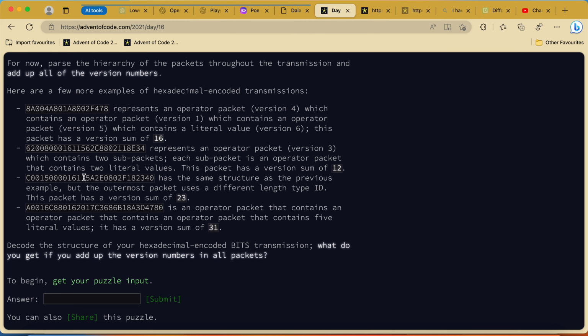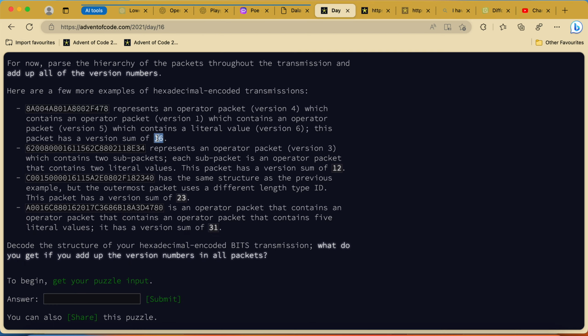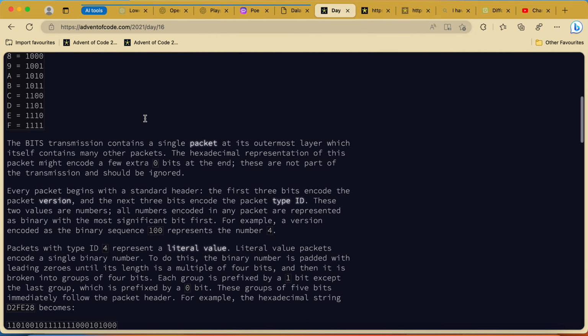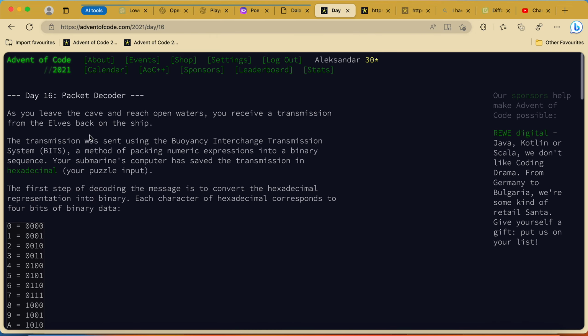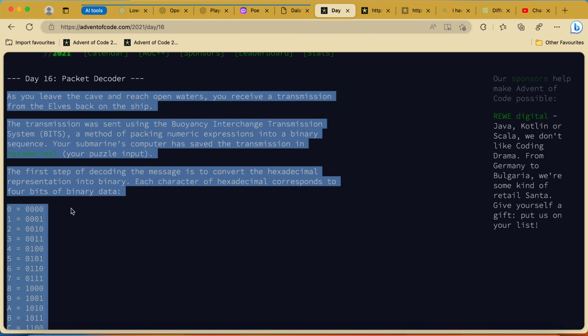Or no, I have. Let me start with this one because that's the easiest example, and when I have only this one, I will need to get 16 to verify my result. Okay, let's go here.